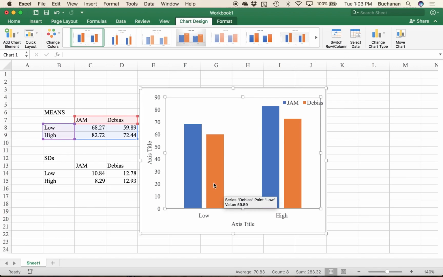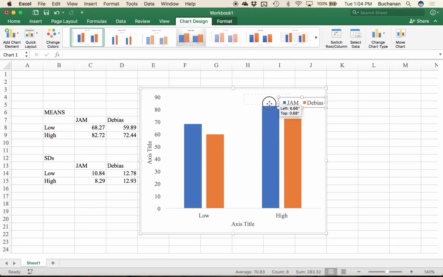So I always try to make my graph match the type of test that I ran, because then it's like test 1 is here, test 2 is here. That's not a hard and fast rule. It's just a nice way to make it match your output. And anytime that your results section matches your picture, people can read it much easier. Okay. And that actually does, because of the bars, give us a little more room to put our